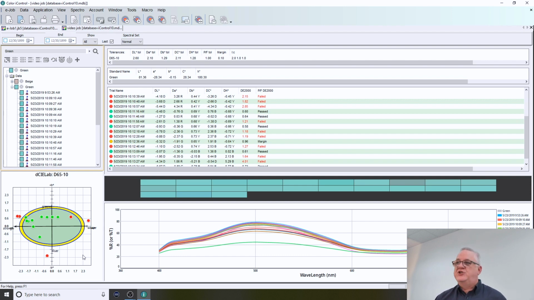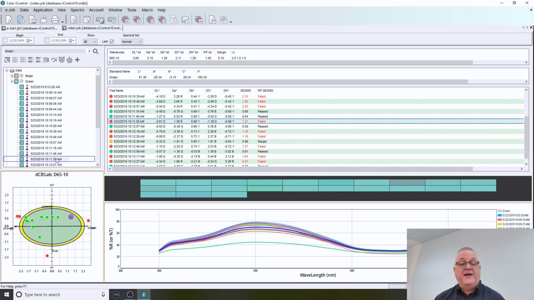Now, one of the first things that jumps out at me when I look at this is, why do I have a red dot that appears to be in the middle of the green tolerance? One of the nice things I can do is I can simply point at that and click on it, and it'll highlight that sample for me here and here. And I can see, while in the A and B directions, right, yellow, red, green, blue dimensions, that sample is inside the tolerance, the reality is it's too dark. And because I'm only looking at 2 dimensions here, I don't notice that 3-dimensionality. And that's why it appears to be a red dot that's passing, or should be passing visually.